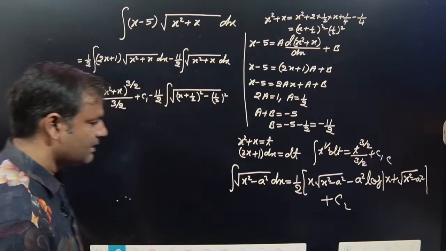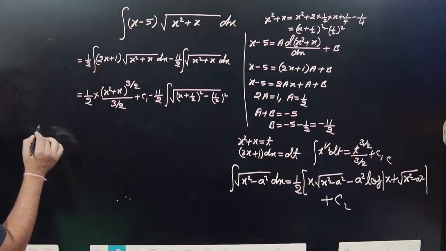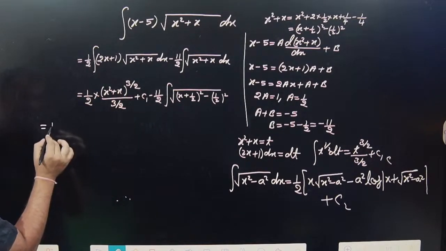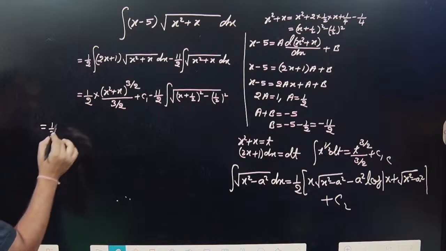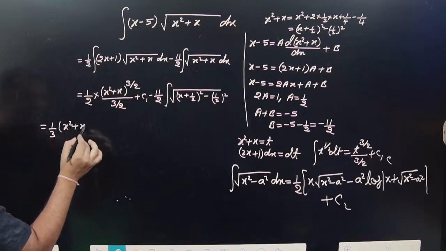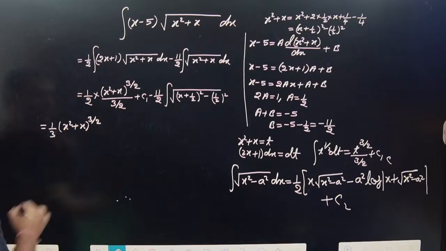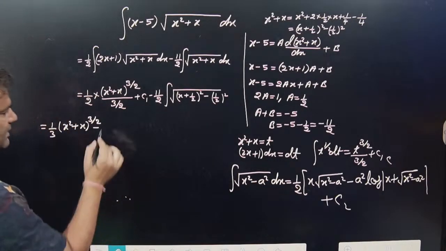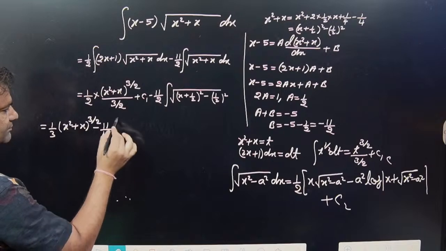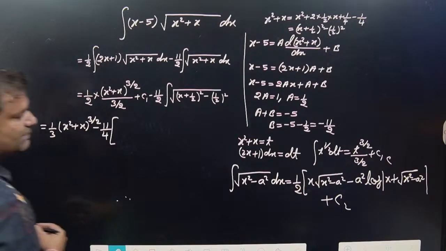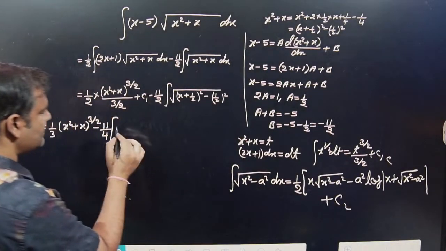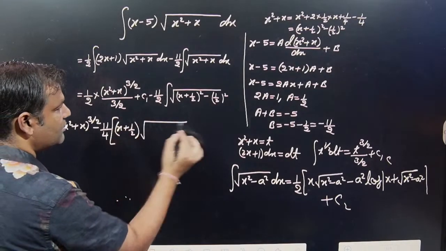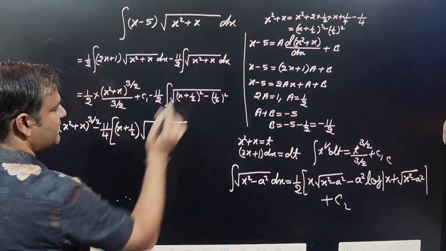Then the 2 cancels, so you can say that 1 by 3 into (x square plus x) to the whole power 3 by 2 minus 11 by 2 into 1 by 2, so basically 11 by 4 common, x basically x plus half, into under root of x square plus x,